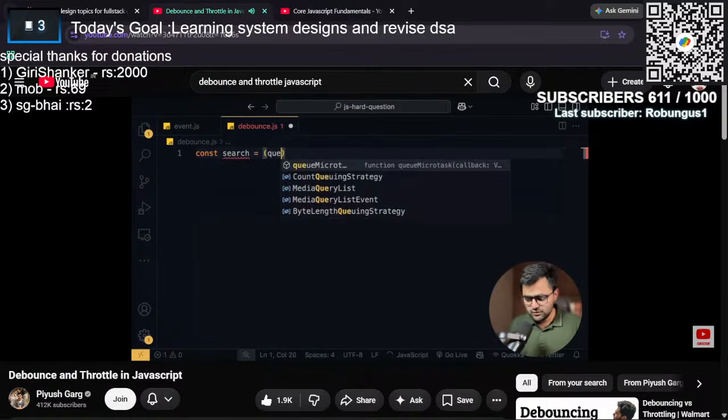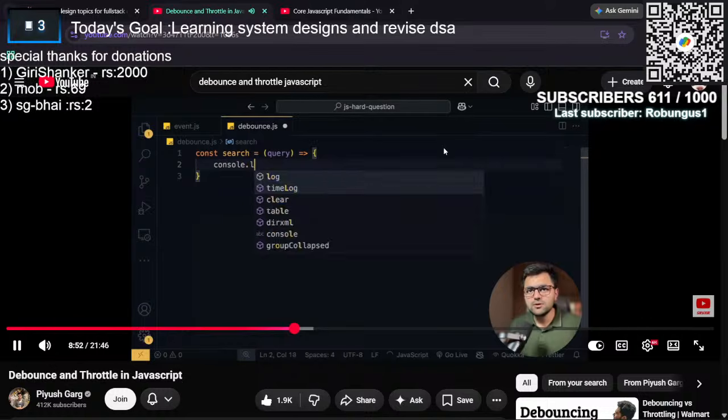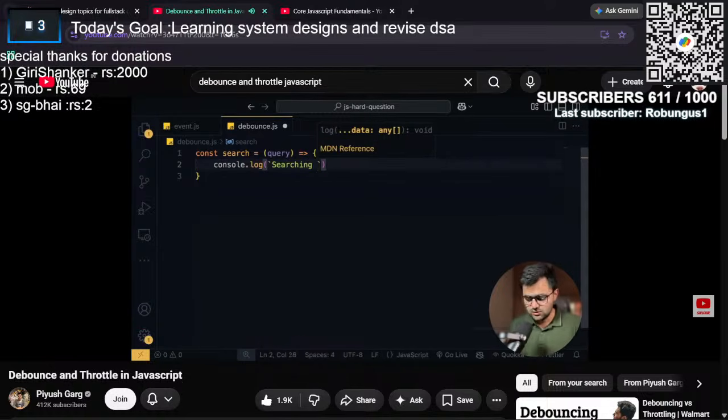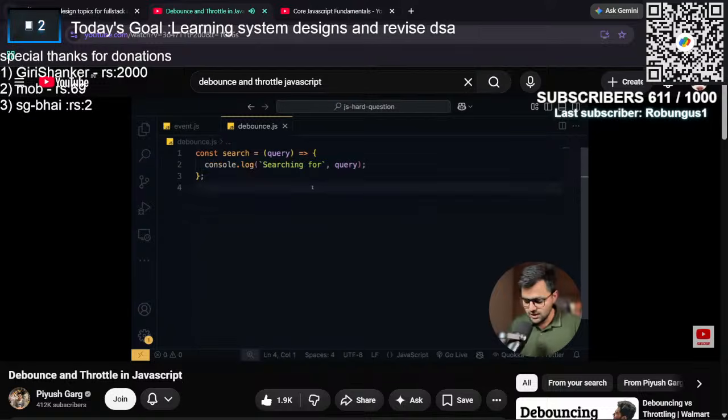करेगा, सर्च करने के लिए हमें एक क्वेरी देगा कि वो क्या सर्च करना चाहता है, और हम सिंपल console.log कर देते हैं "सर्चिंग फॉर" क्वेरी। तो यहाँ से हमें पता लग जाएगा कि हम क्या कर रहे हैं। तो अभी अगर मान लेते हैं हम सर्च करते हैं "हार्ड जेएस इंटरव्यू क्वेश्चन"।